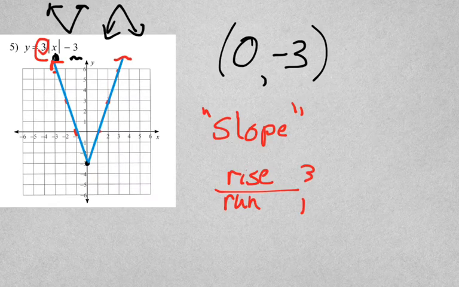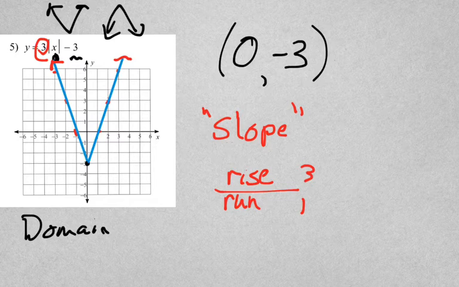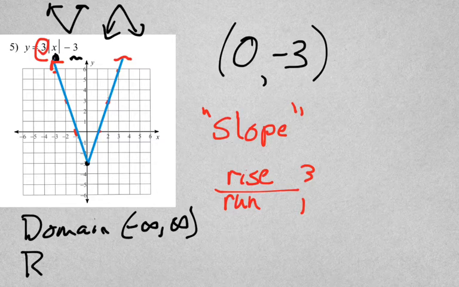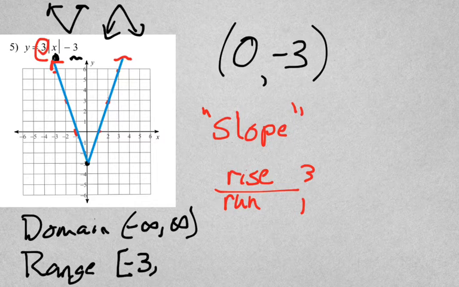And, oops, I forgot to identify the domain and range. Domain on these is going to be -infinity to +infinity every single time. Range, you have to think about it for a minute. What's my high? Does it have a lowest value or does it have a highest value? If it has a lowest value, it's going to be negative like this, -3 to +infinity. It'll be opposite with a -infinity if it's the other way,